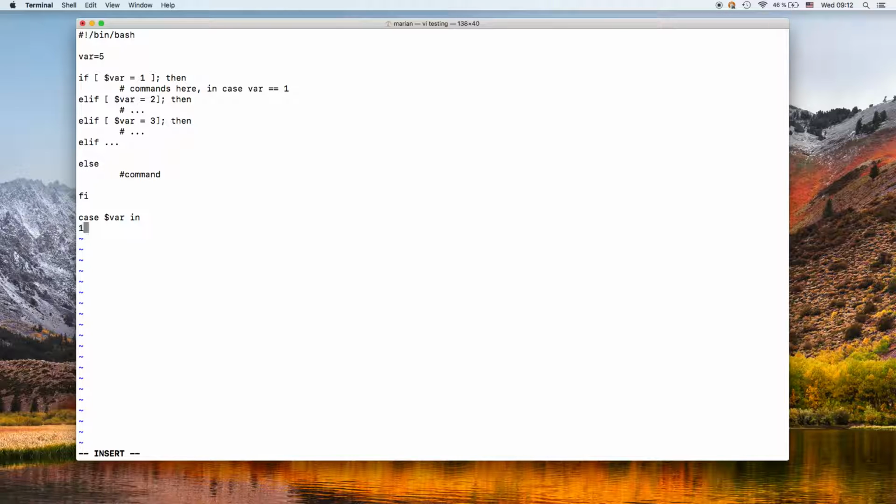So 1, and then a parenthesis, and enter, and then you can enter your commands here. In case var equals 1, then 2, and your commands for when var equals 2, 3, and your commands